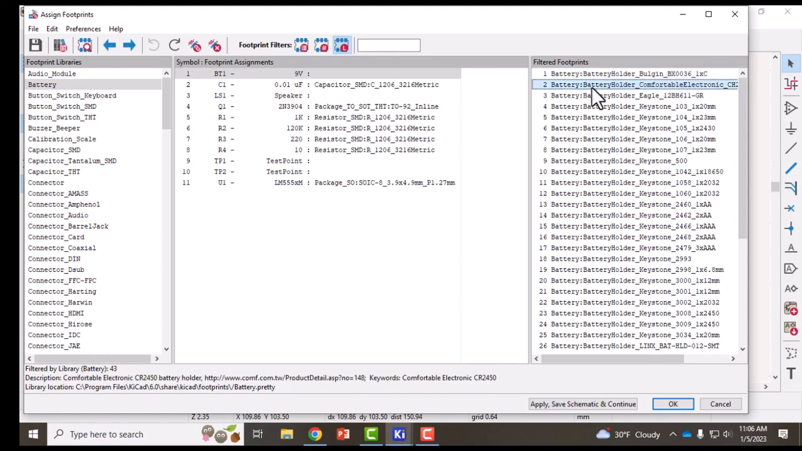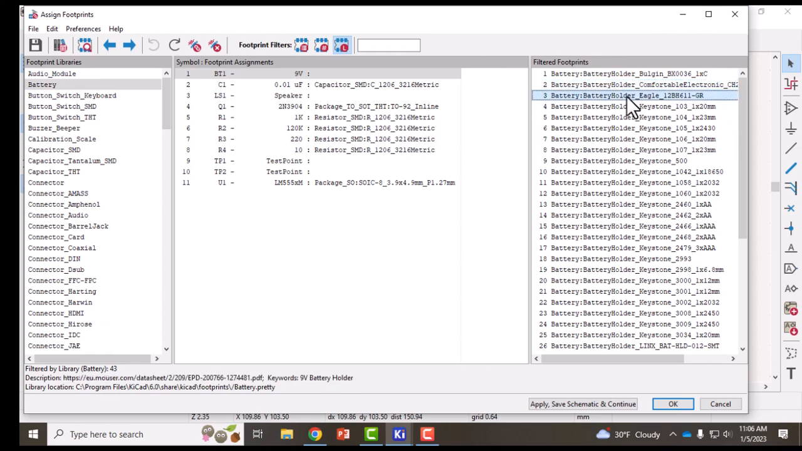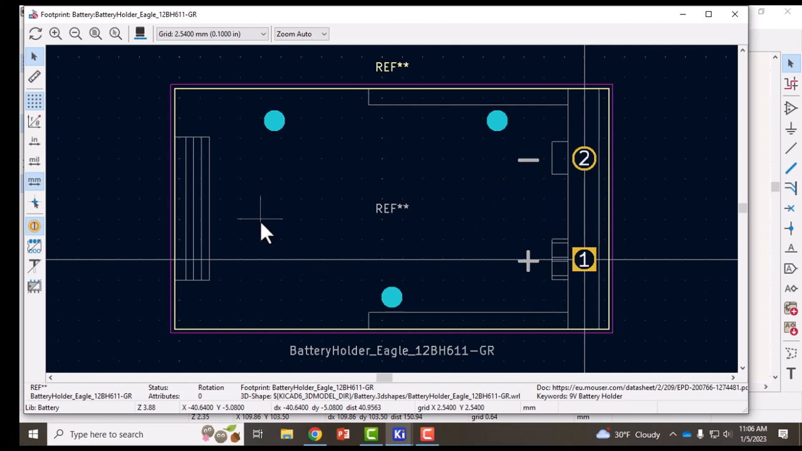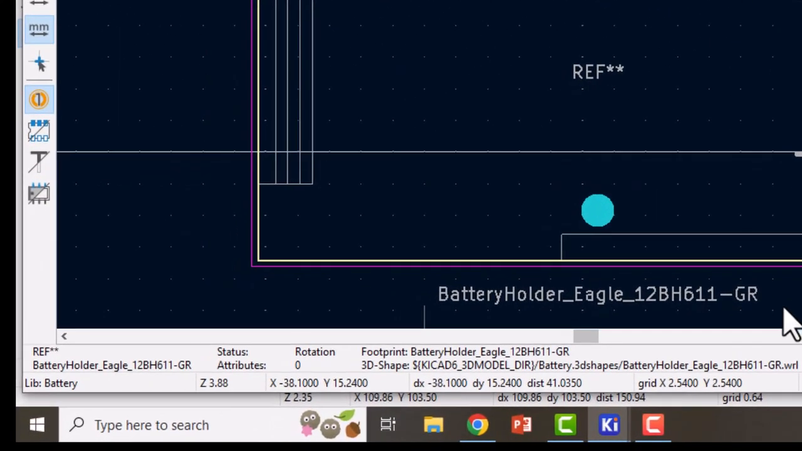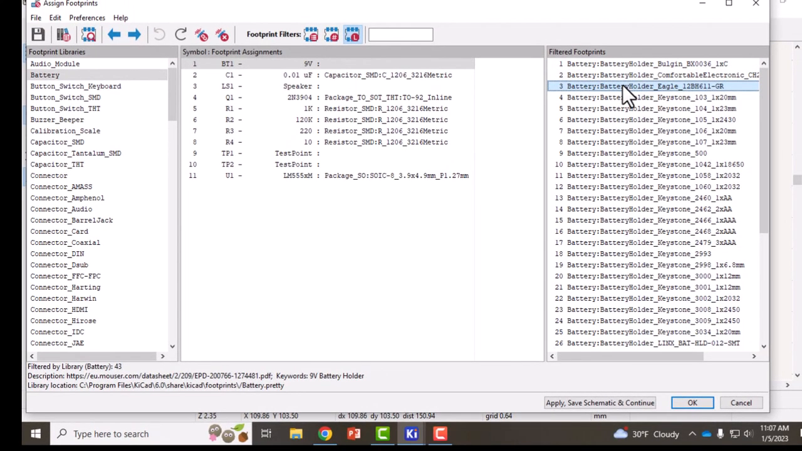Again, right click on a different, or click on it, then right click. This is not a 9-volt battery connector that I want. When I click on this one, I can right click, View Selected Footprint, and this one looks like a 9-volt battery, but I'm not sure if this is a 9-volt battery connector. One way to tell for sure, look down here at, has keywords, 9-volt battery holder. Right? Also, right here in the filtered library description, gives a data sheet for it and has the keywords 9-volt battery holder. So this is the battery holder I want to select, so I'm going to double click on that and fill in the